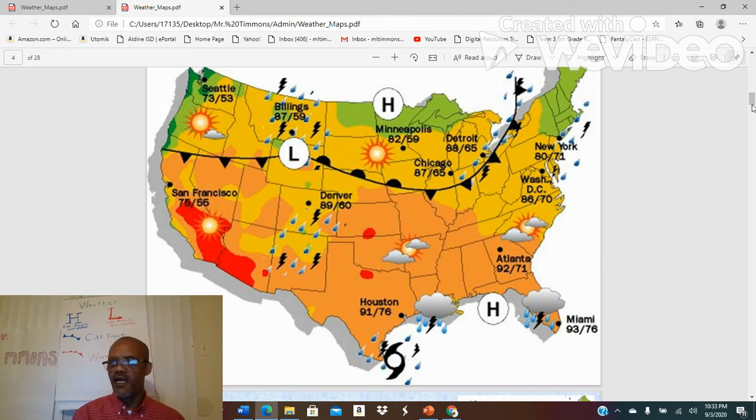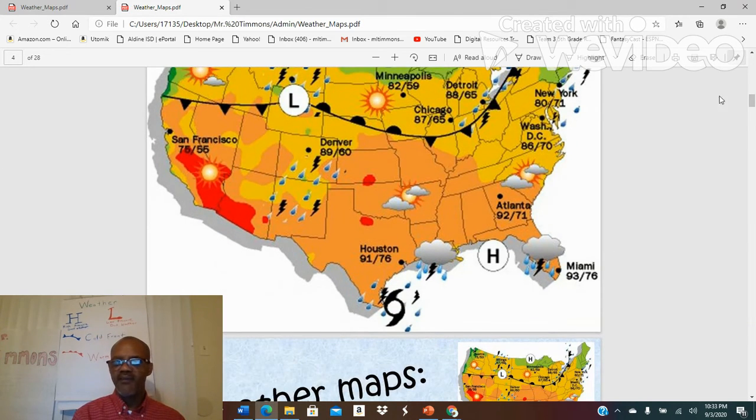Speaking of bad weather, let's talk about the most famous low, the hurricane right here. Now, a hurricane is just simply one of these, but the problem is that it's in the tropics or the subtropics. The latitude is lower, you know what I mean? It's closer to the equator,